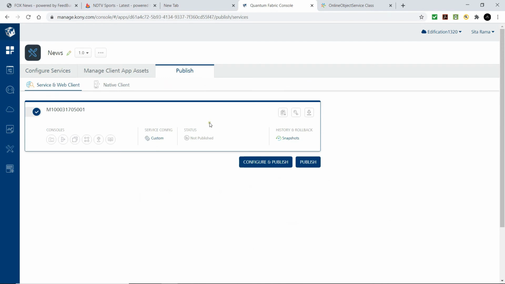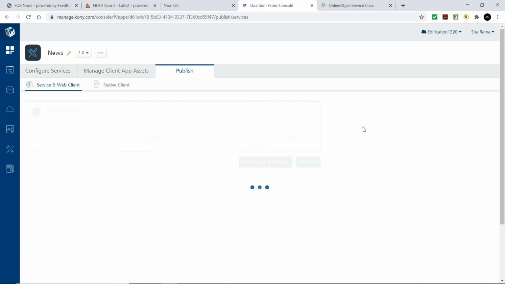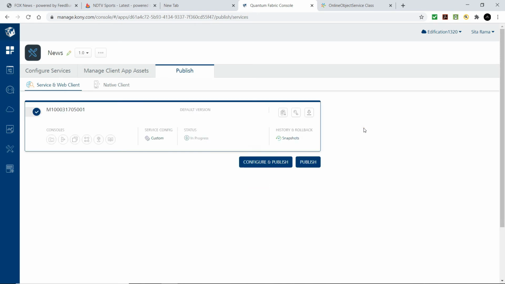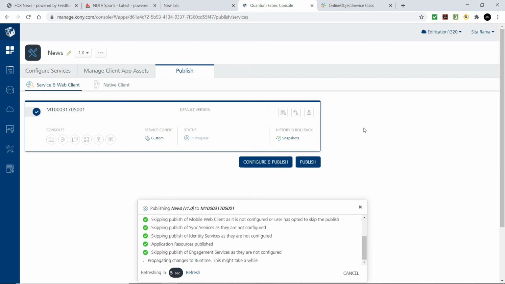Let's publish this Fabric app. While the Fabric app is publishing, let's create the client app inside Visualizer.